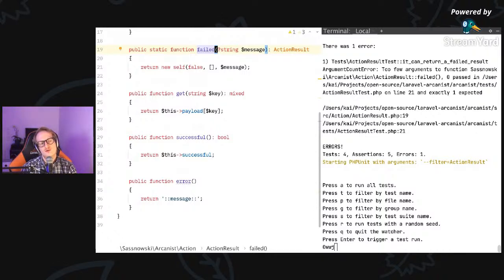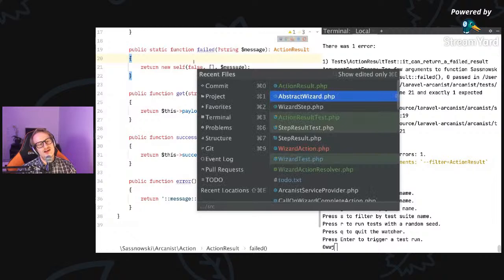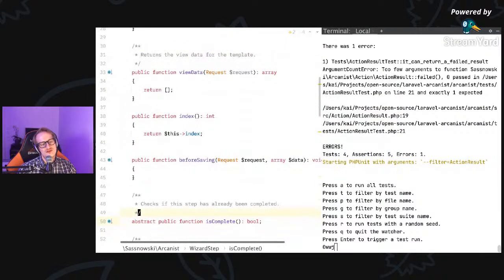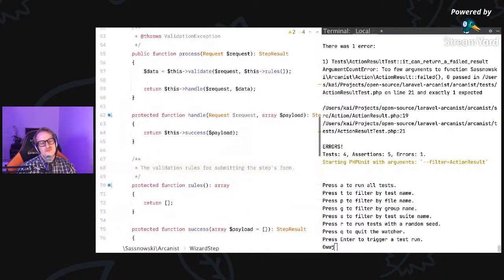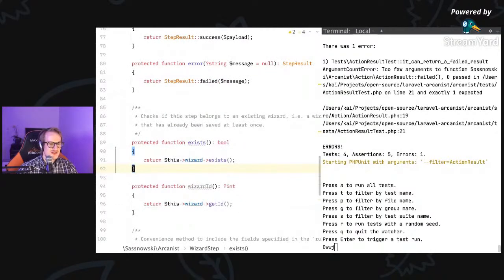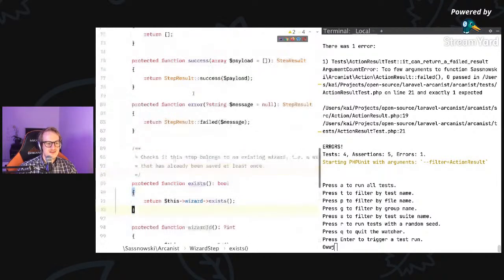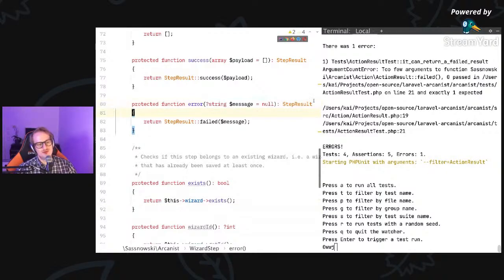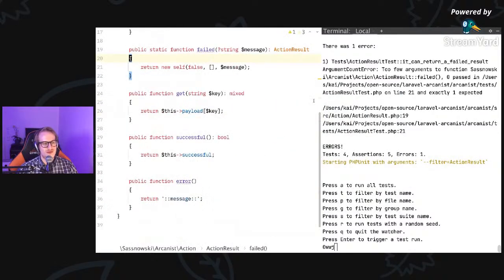I have the power. If I just remove this question mark, you would be forced to provide an error message. I kind of like the idea of forcing the user to provide proper error messages, but I didn't actually do it for the steps, and I want this to be consistent. So